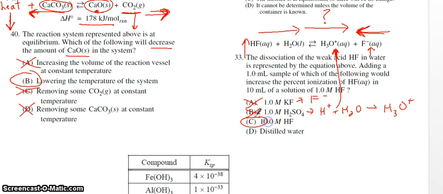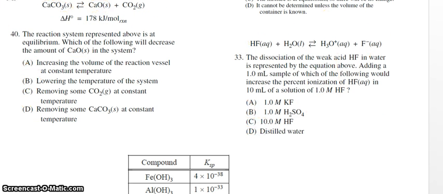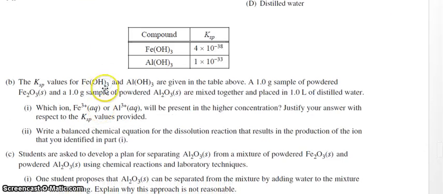So this should work. Incidentally, distilled water won't work because distilled water is a liquid. Remember that liquids do not affect equilibrium. That one's out. Okay, let's take a look at the last question here, which is sort of a free response